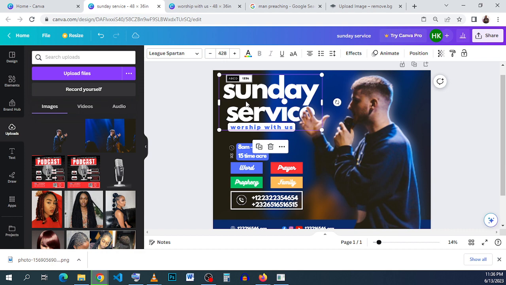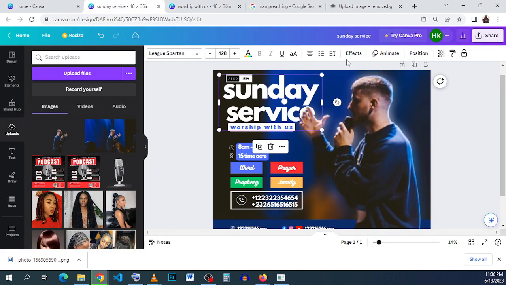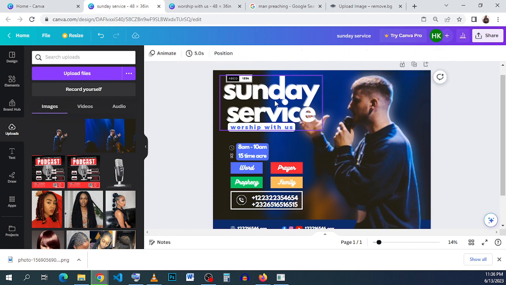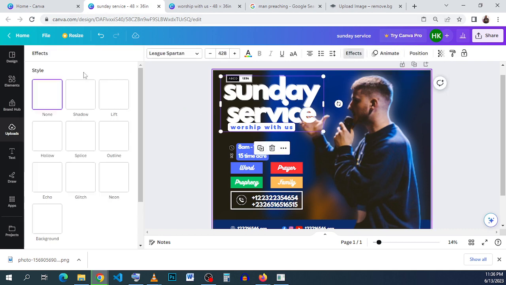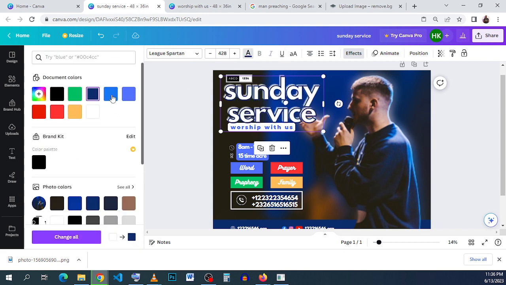And then now select this very Sunday service. I give it some kind of a background, and then I also made it so I select this and just reduce it to somewhere around 50, and then duplicate it, and then take it back to 100. So now it creates that 3D effect, and then I duplicate it again, and this time around I choose a holo effect and change the color to any blue I think I'm okay with, and then zoom in,